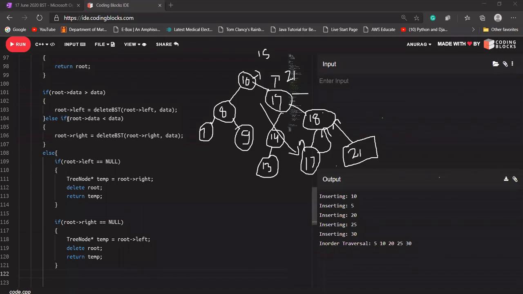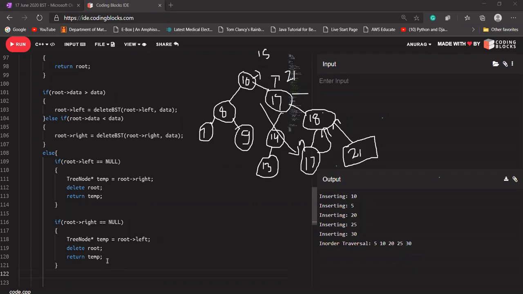If root's right is also null when root's left is null, that does not matter. Let's say if you're talking about this case, I want to delete 9 and I'm checking root's left is null. In that case it will say yes, root's left is null, so it is going to return the address of root's right. Root's right is also null, so it is going to return the address of root's right. So in the 8's right, the null will be stored. Of course it will be null only. Is that clear with everyone?